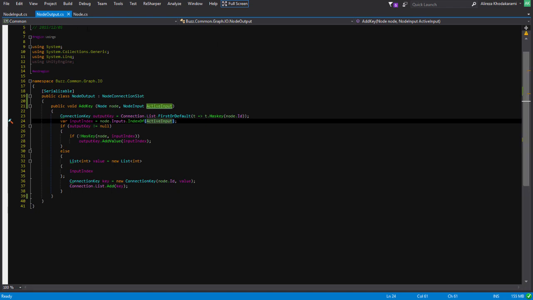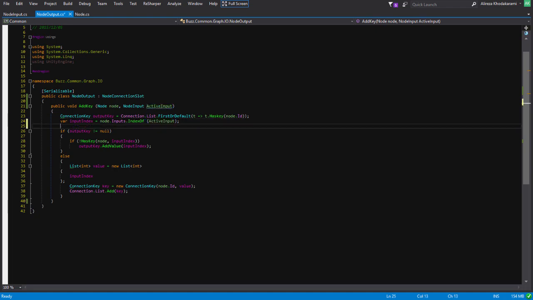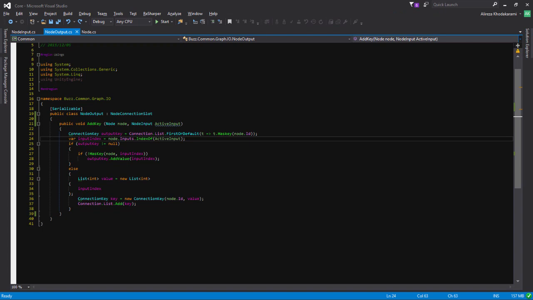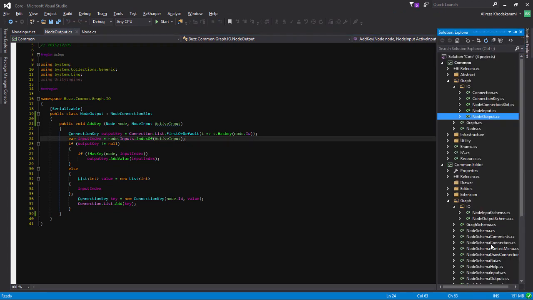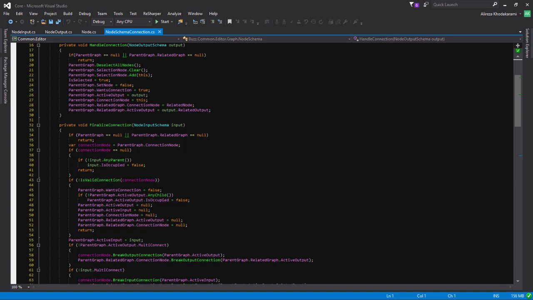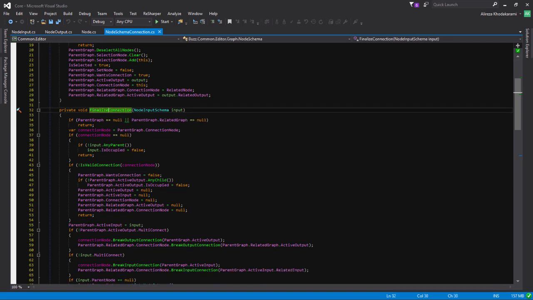Am I setting the active input properly? That's something that I need to check inside node schema connection. When I'm finalizing the connection, as soon as I finished returning everything,